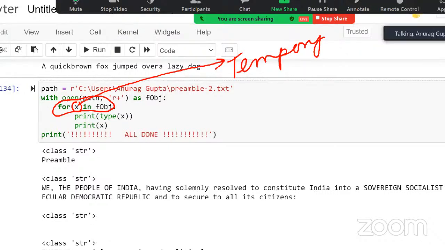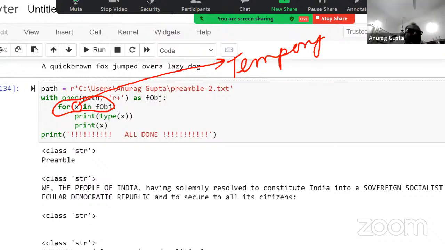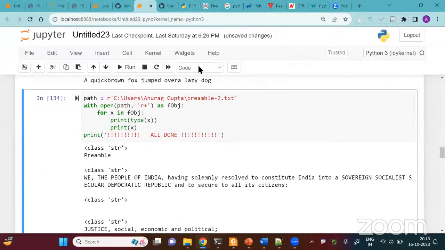Got it, sir. Thank you, sir. Line is maybe a confusing name. I use line because the F object, when you're iterating, will give you lines. But suppose if F object was a list, then I could use something like each list item. If it was a string, I could use each character. So I should use something which makes sense. That is why I use line. Is it clear? Okay. All right. Let's move ahead.